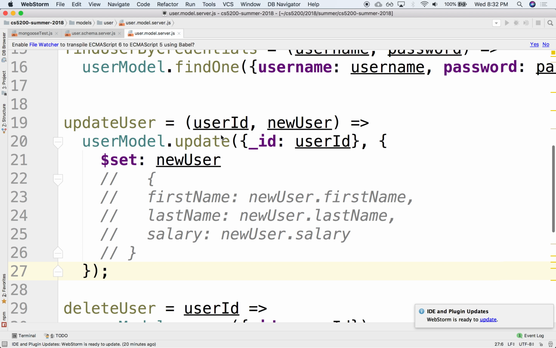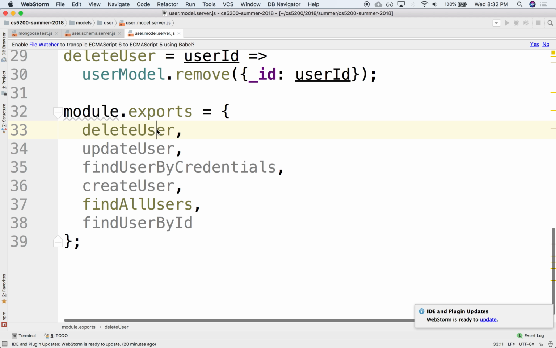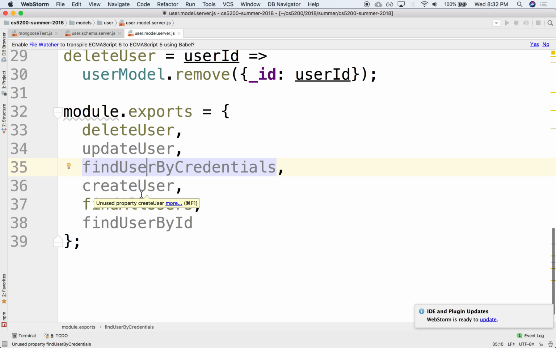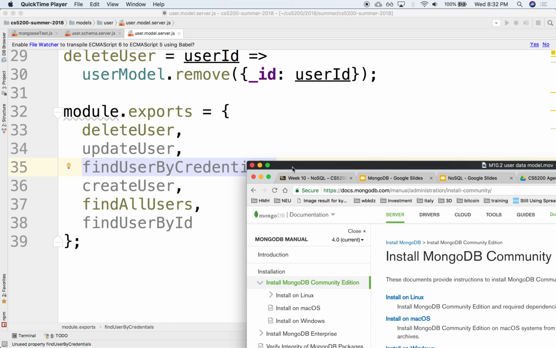We have a data model that allows us to delete, to update, to find, to create, all the CRUD operations you would expect. These are probably the minimal set that we might want. We might add many others. So let's now play around with the capability of maybe being able to